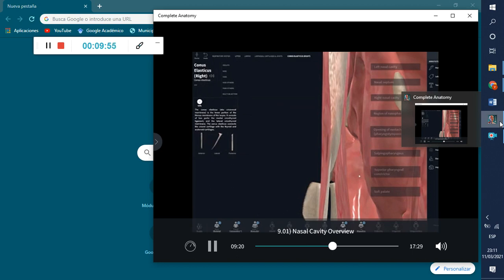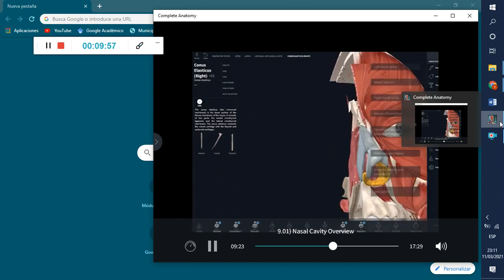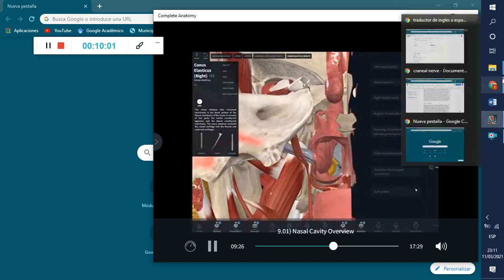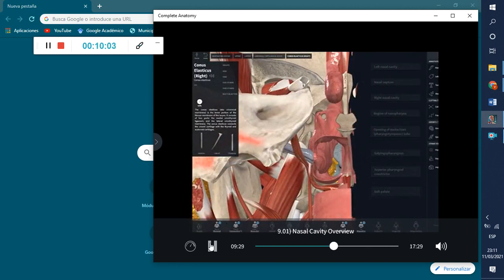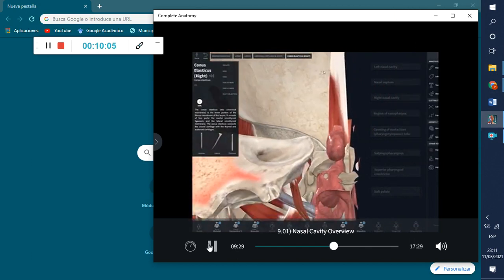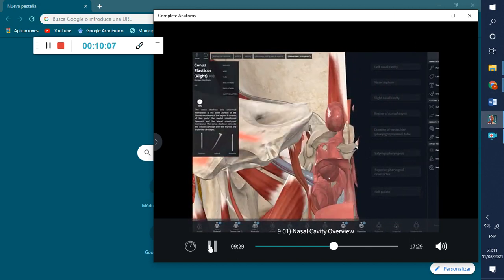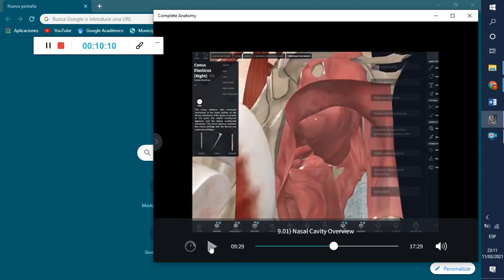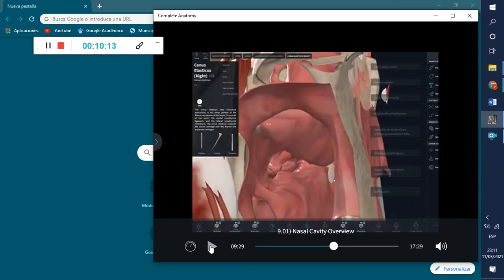So we would actually have the nasal cavity, and then let me zoom out a little bit from the nasal cavity. Let's turn this around into the region of the nasopharynx, and have a look again here at the size of these shelves, the turbinates or conchae. See how far they actually protrude into the nasal cavity. Now just imagine a